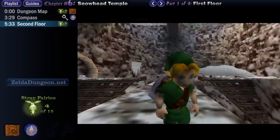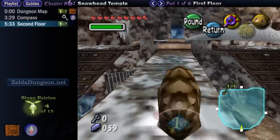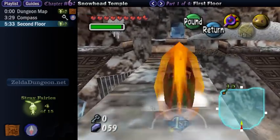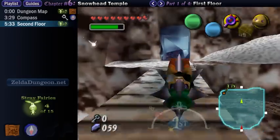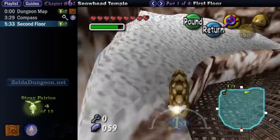Yay, we're back in the central room, but now we're on the second floor. Obviously you need to charge up a Goron roll to get across the gap, but there's a doorway that's straight ahead that's blocked with ice, and we can't really do anything with that just yet. I'm going to turn off to the right, which is to the northeast corner, and you'll see that there's